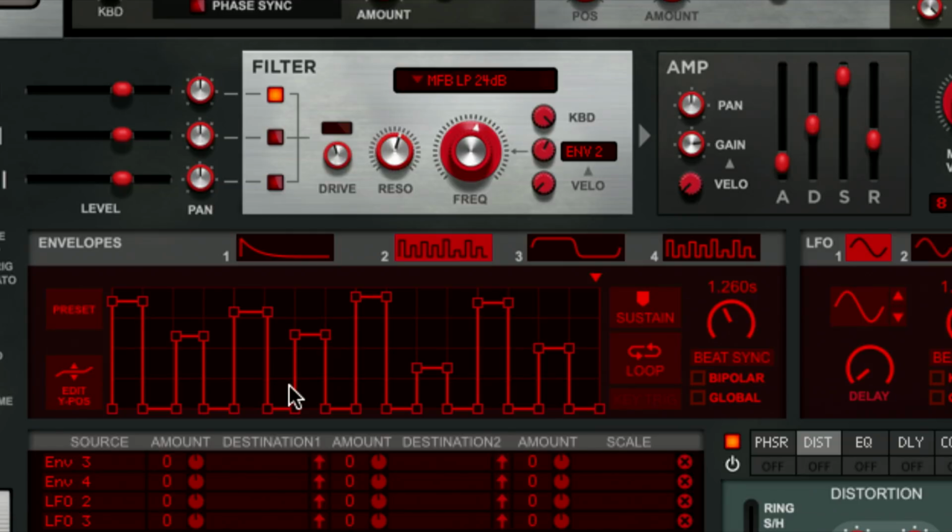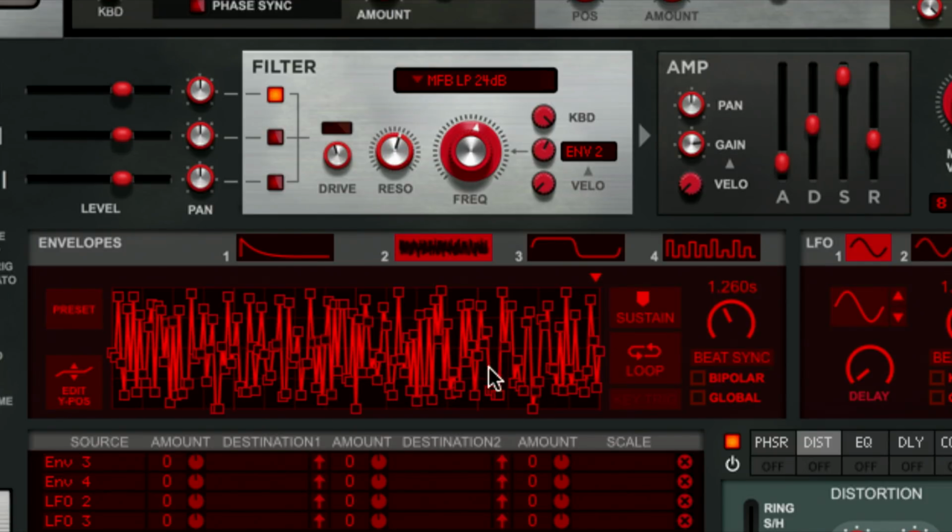Paul's asking how many points can an envelope have? Oh, it's a couple hundred. I can't remember offhand, but it's many. More than you'll feel like doing. So check this preset, for example. Yeah. There's a lot of